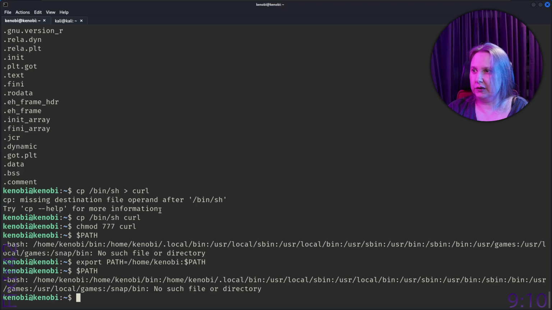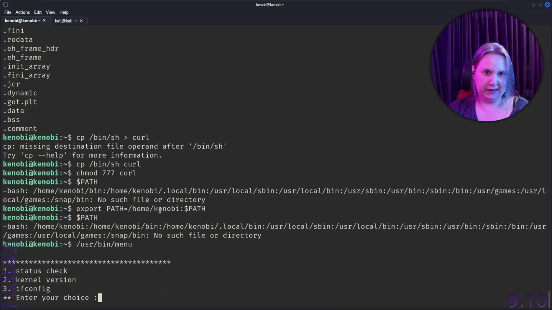So it will look first in our directory, and then they run it again, and as it's doing suid, maybe I should just type menu. So when we run it again, the first one uses curl,